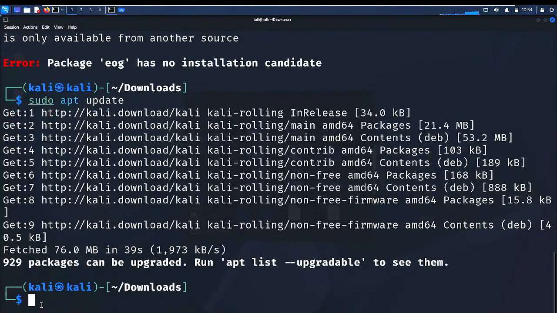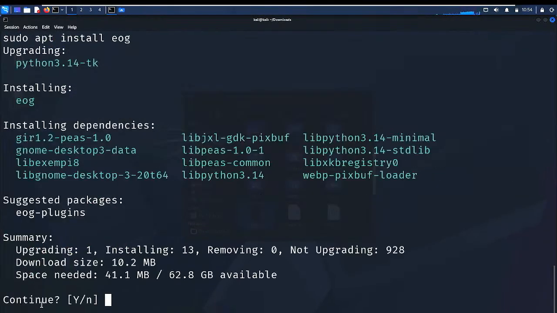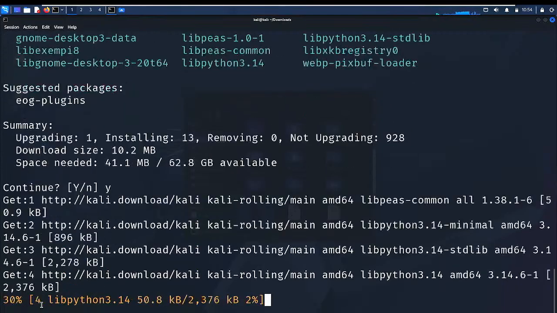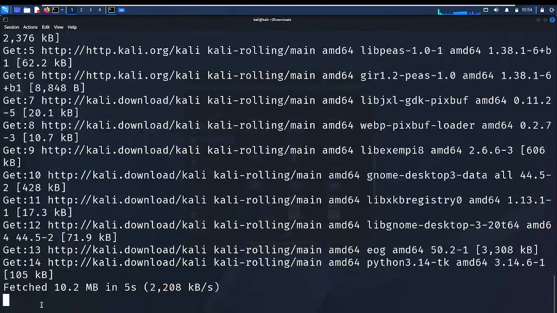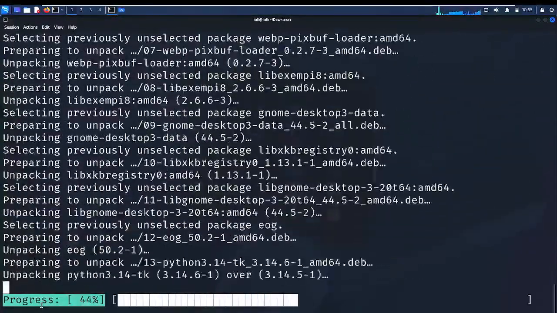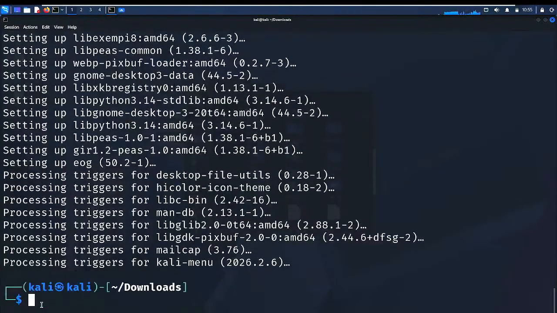All right. So yes. All right. So EOG, now space, the file, the image name. I want to view it on my terminal. So this tool allows me.